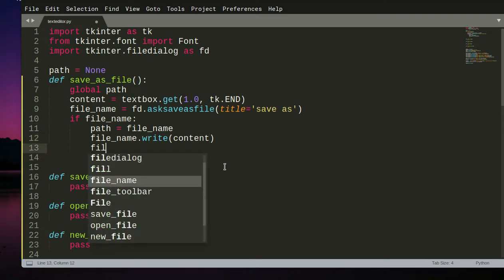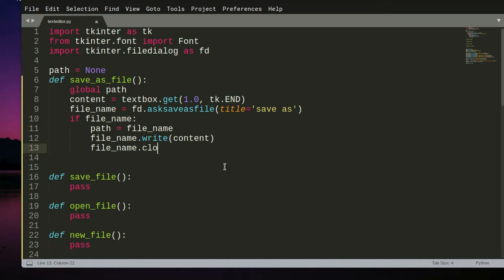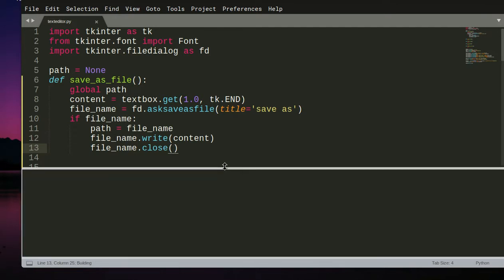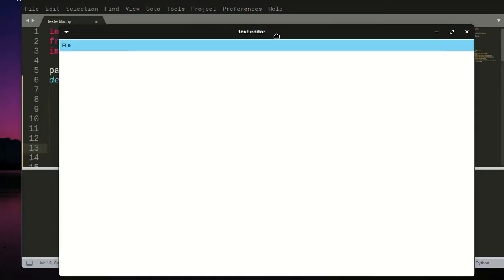So we're going to say file name dot close. If you finish working with your file, of course you should close it. So let's test that to see if it works. And then if I say we are testing,